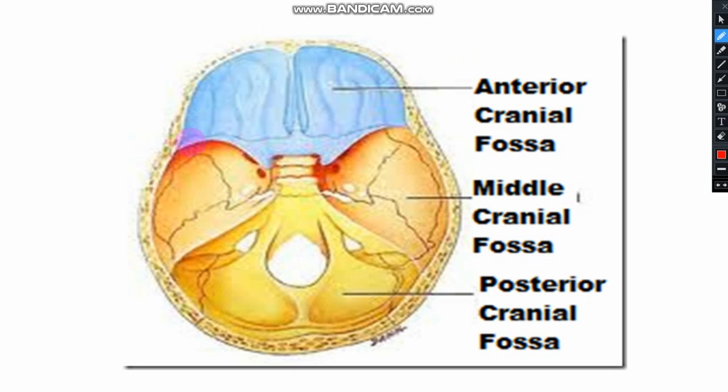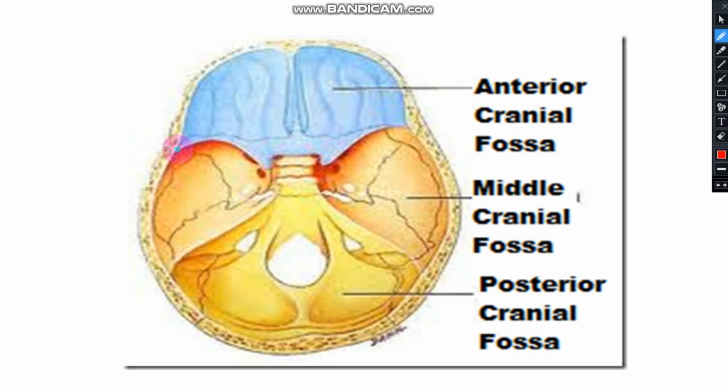The anterior cranial fossa, which is in blue color, is bounded anteriorly by the frontal bone, as well as on the sides also by the frontal bone. This is the frontal crest, and posteriorly